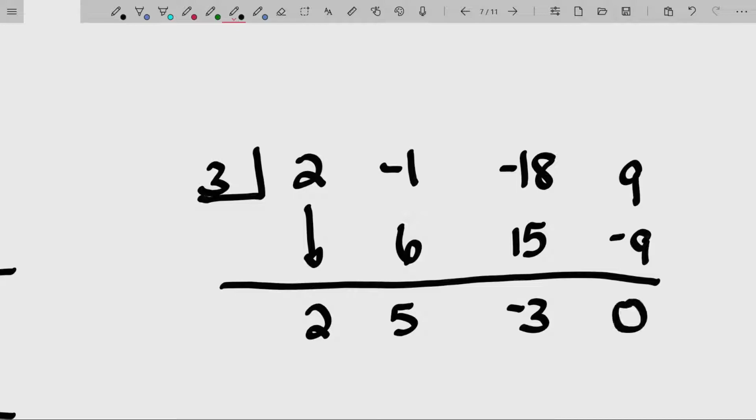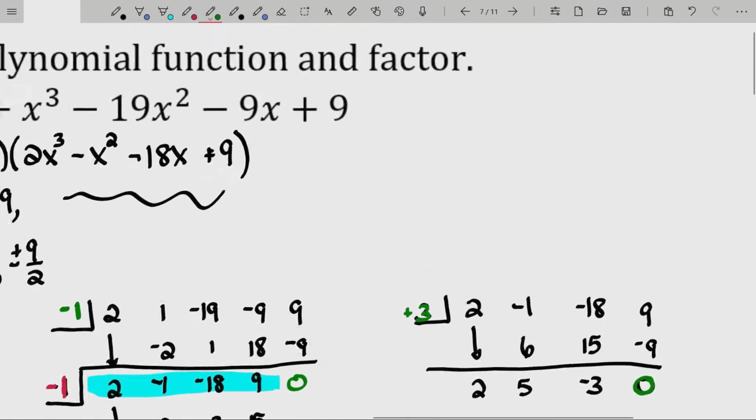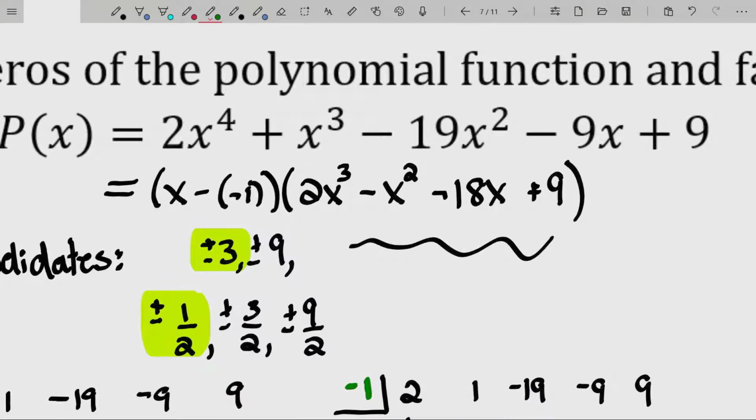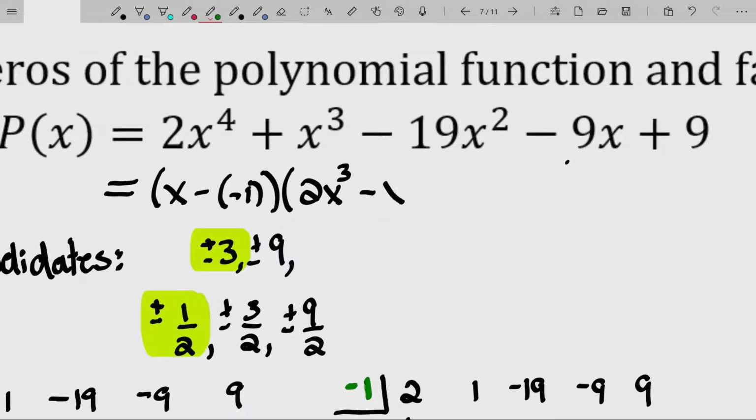Add them up, and lo and behold, we get that wonderful 0. Which means that positive 3 is actually one of our other zeros, which means that this polynomial function that we were working with can be further factored